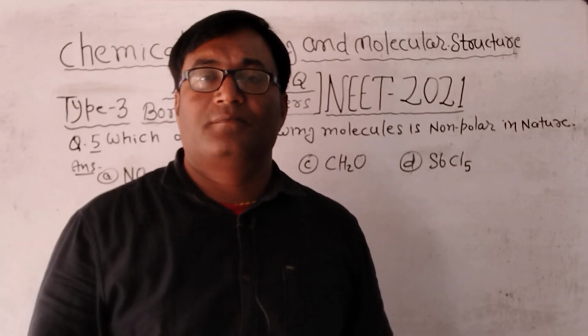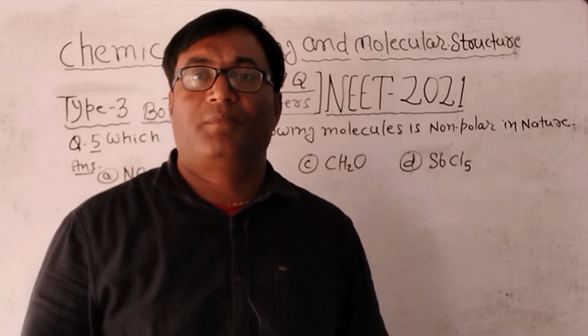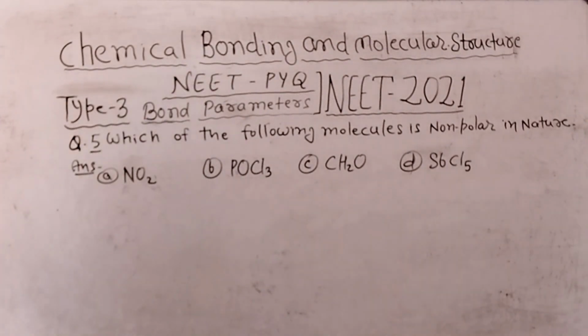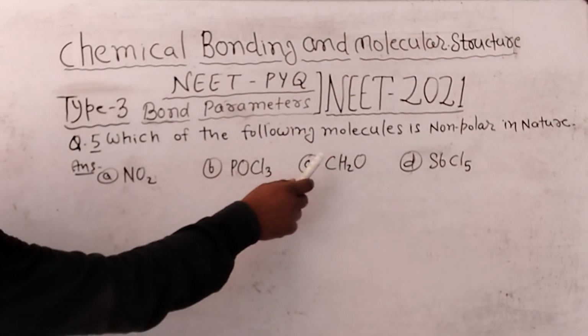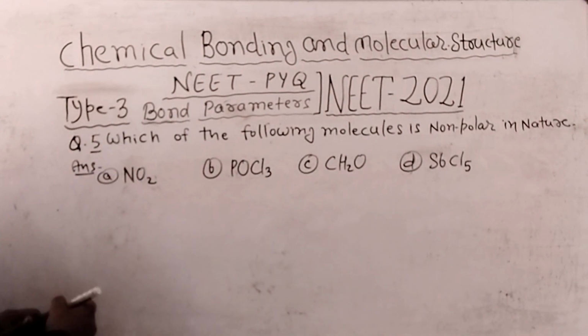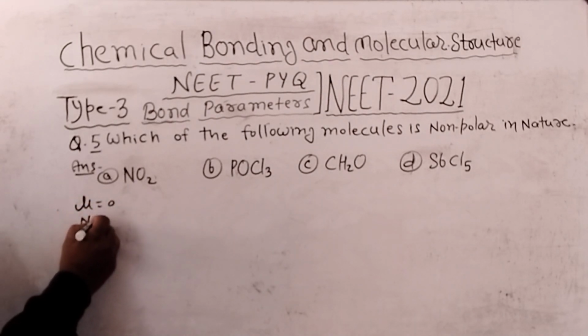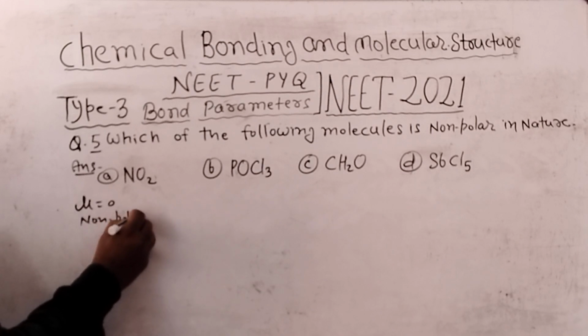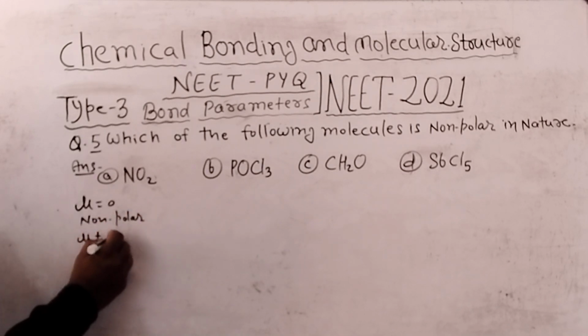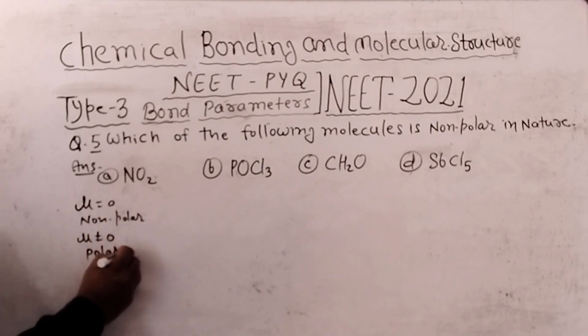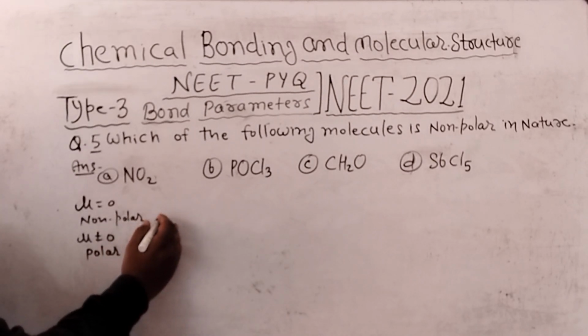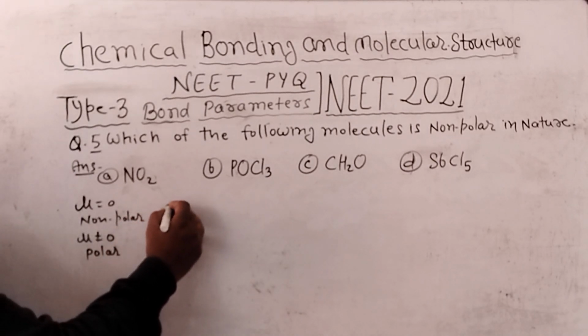Question number 5. This question is based on bond parameters. According to this question, which of the following molecules is non-polar in nature? According to the given options, whenever mu is equal to 0, then the compound is non-polar. Whenever mu is not equal to 0, then the compound is polar. Okay. So in case of NO2,